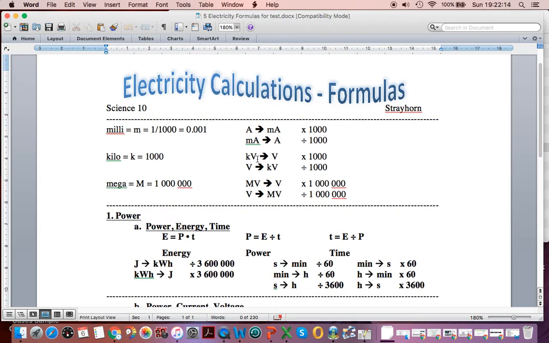If we gave you kilovolts, for example, you would multiply by 1,000 to get volts. If I gave you volts, you would divide by 1,000 to get kilovolts. And the mega meaning million, here you multiply by 1,000,000, and going volts to megavolts, you divide by 1,000,000. So in other words, if you're going to bigger units, you divide, and if you're going to smaller units, you